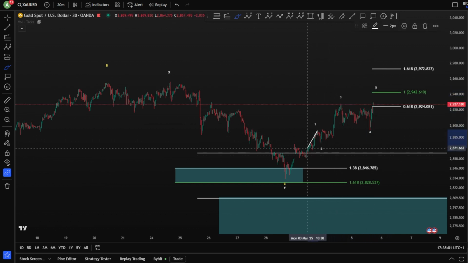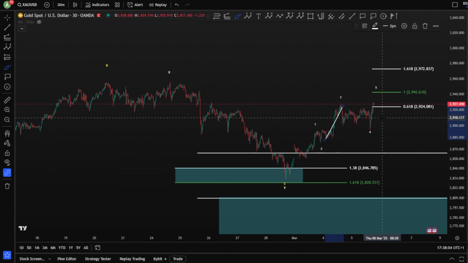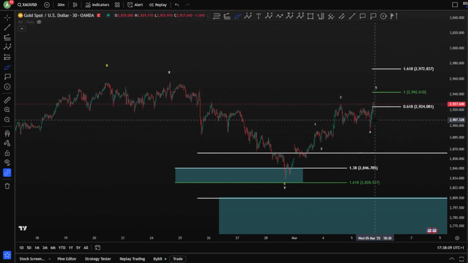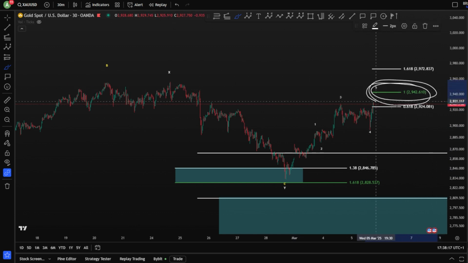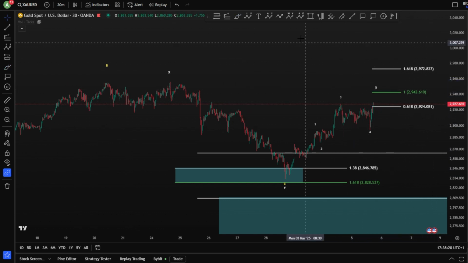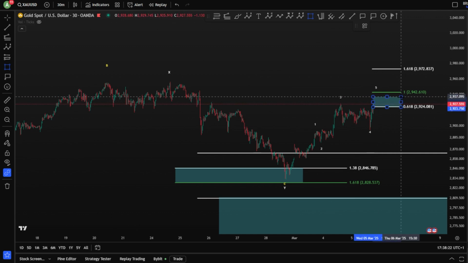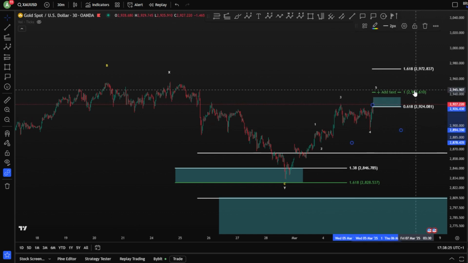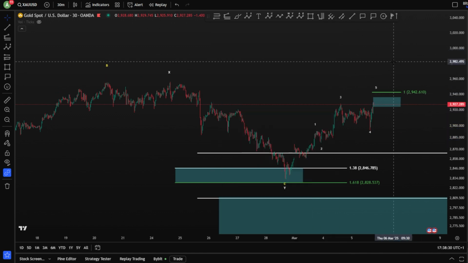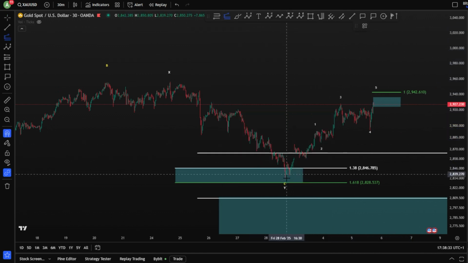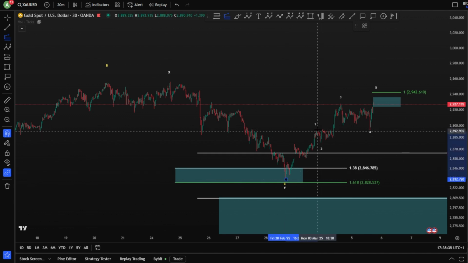than your wave 3. Since your wave 1 is longer than your wave 3, it's fine, but your wave 5 has to stay shorter, meaning you cannot reach this fib level. And this can represent a 1, 2 if we don't reach the fib level here. So potentially, better to stay inside this blue box without hitting this 1-to-1 fib level, right? If we take here in confluence a wave 1 and wave 3 for a wave 5,